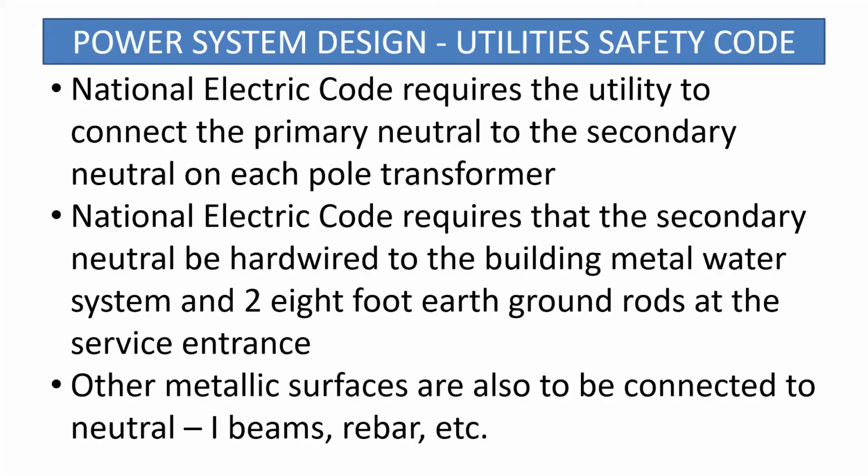So here's a little bit about the power system design. The National Electric Code requires a utility to connect the primary neutral to the secondary neutral on each pole transformer. So that's the first thing you want to keep in mind: the secondary, in other words your house supply, the neutral is actually connected to the primary neutral. And it also requires that the secondary neutral be hardwired to the building metal system,